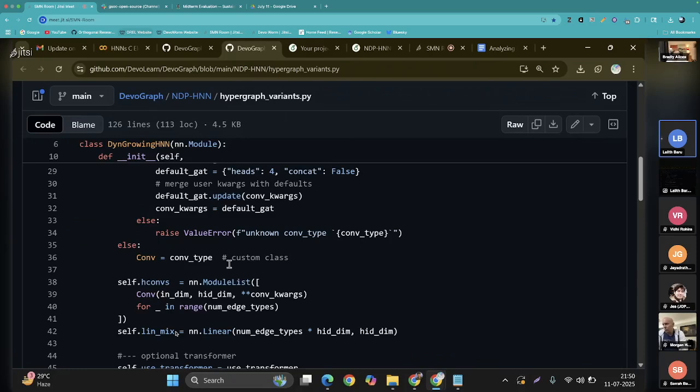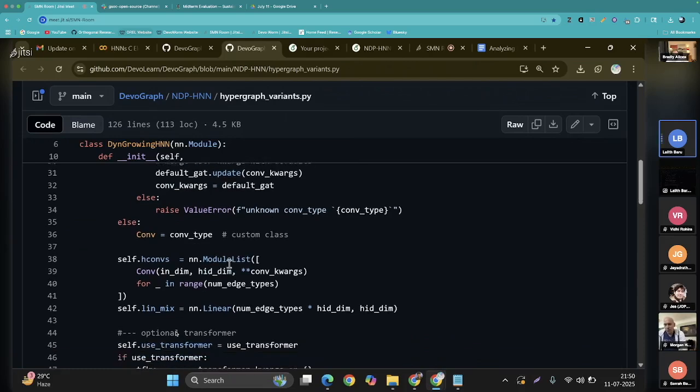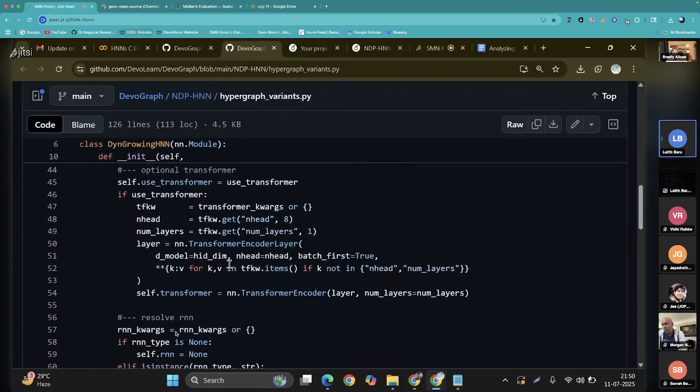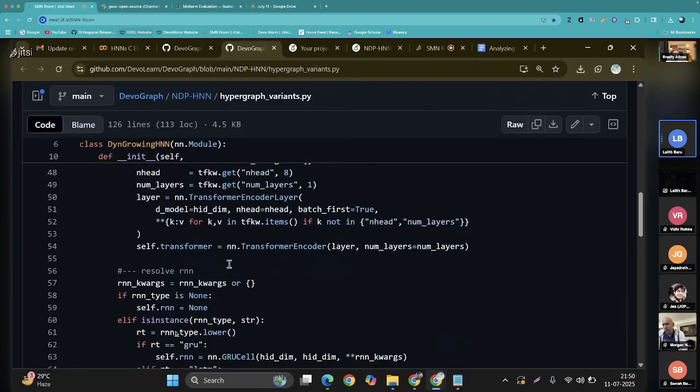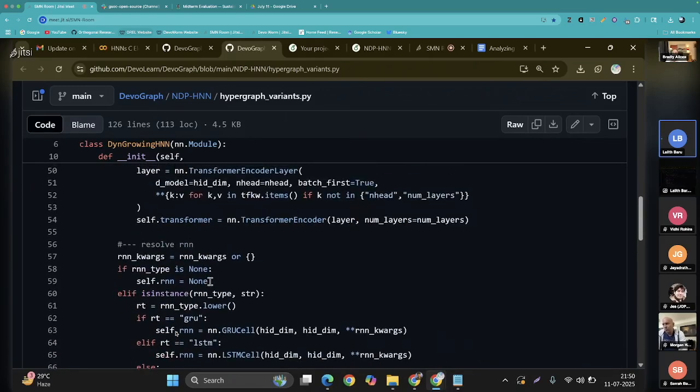After accumulating these convolutions, as I discussed last week, we need a sequence model which is aware of the time steps, which means we are able to extract the features starting from a simple single cell as it grows into an adult. During the growth process, we try to understand at each time step how it's changing, and to understand the time step details we have to use a transformer or GRU. Last time I implemented GRU, and I thought it's not sufficient. So I also integrated LSTM into the pipeline.